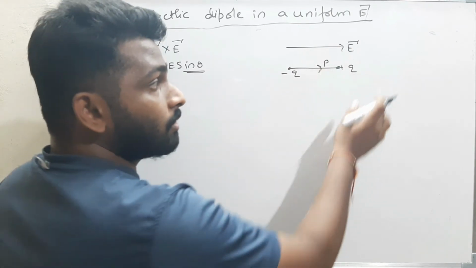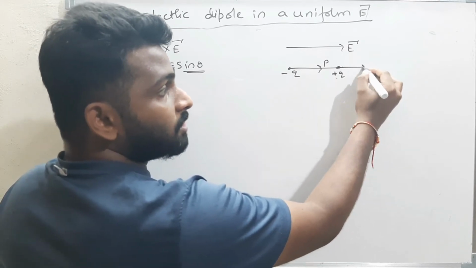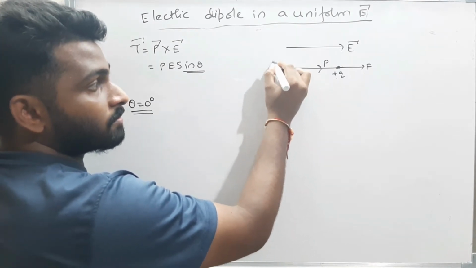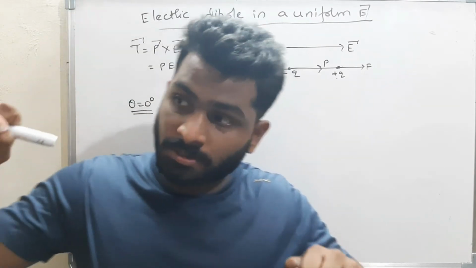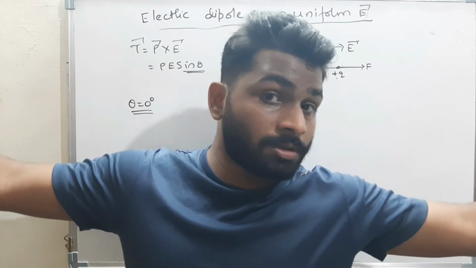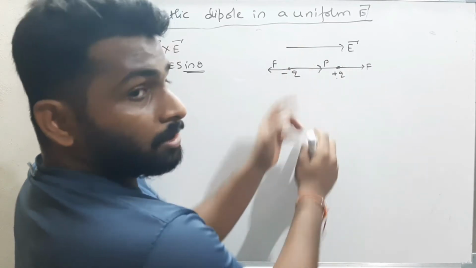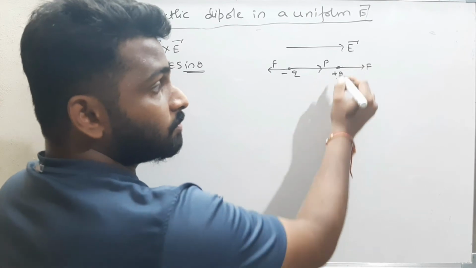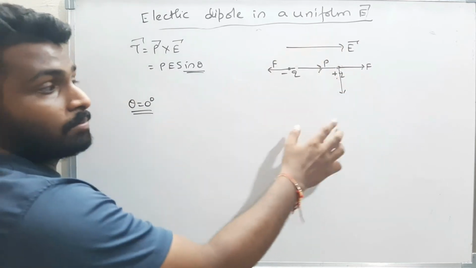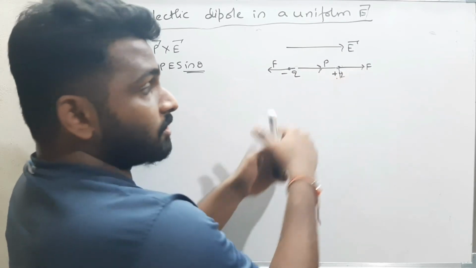The angle is 0. When the angle is 0, what is the meaning of this here? On this positive charge, the force is in this direction. And on this negative charge, the force is in this direction. See here, one force is in this direction and one force is in this direction. What will happen? Because of these two forces, the body can't rotate. Observe carefully, because of these two forces, the body can't rotate. If the body wants to rotate, then the forces must be at least in this direction. Then only this dipole can rotate because of this force. But the forces are exactly opposite. And the forces are exactly in the line of action. That means this is the line of action.